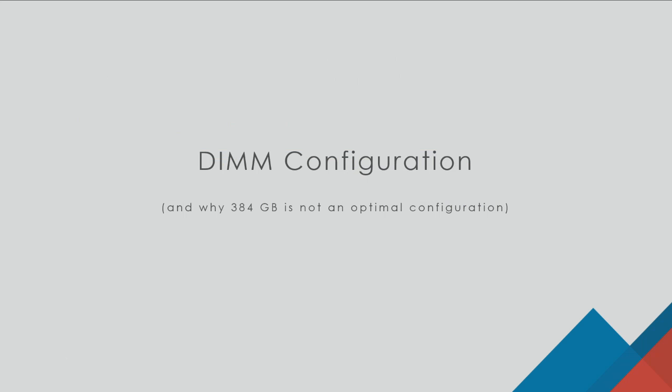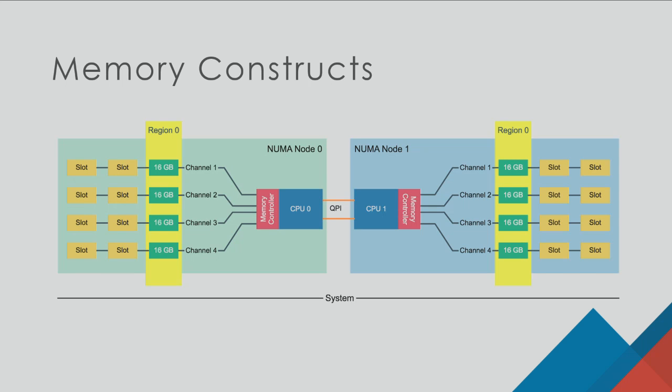So let's talk about DIMM configuration, and specifically why 384 is not an optimal configuration. In this diagram, you have 2 NUMA nodes, and each NUMA node has a memory controller with 4 channels. If we put 4 DIMM modules on each channel, you create a region, and within that region you're going to interleave memory. So you're going to use the entire bandwidth of all 4 channels. That is the most optimal configuration to get the best